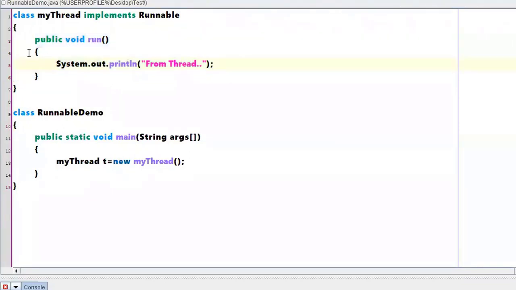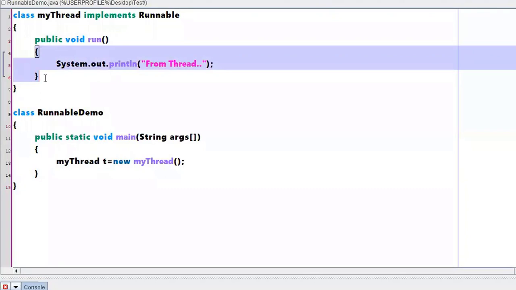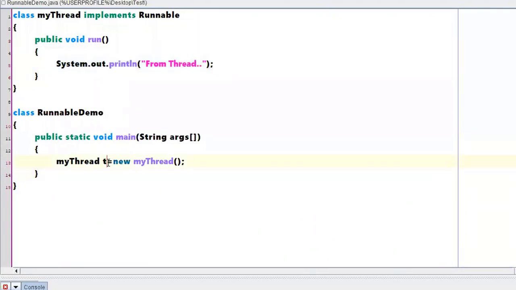And this is considered as the job of the thread, right? So we are creating an object of this particular MyThread. So what is the next statement to be written? This much. Will it work fine if we write like this? t dot start. Where is the start method? Have you written a start method in whichever class you have defined? You have created a class called MyThread, right? Do you have a start method in the class MyThread? You have not defined it, right?